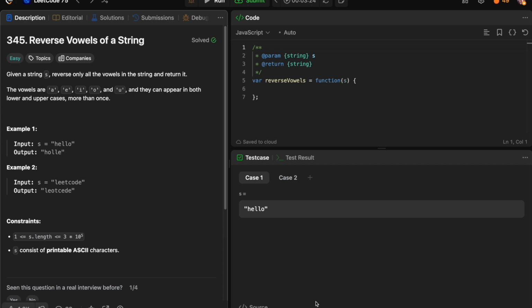Today we are looking at question number 345, which is reverse vowels of a string. On the surface, it looks like a very simple problem. So you are given a string, and we are supposed to figure out where the vowels are and kind of switch them around. So if you have a string like hello,